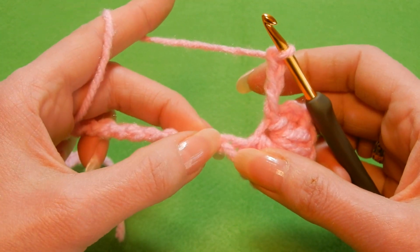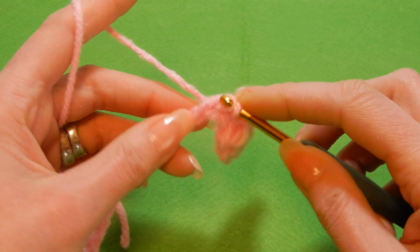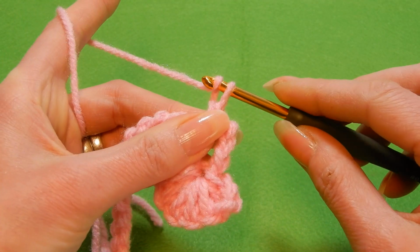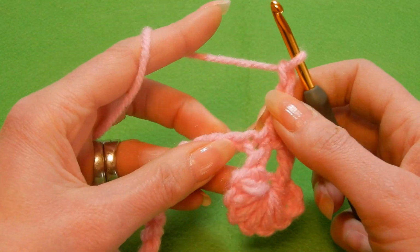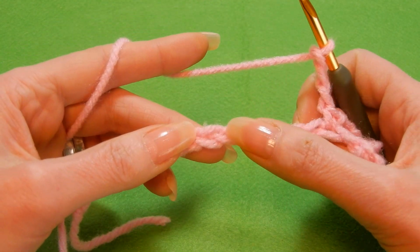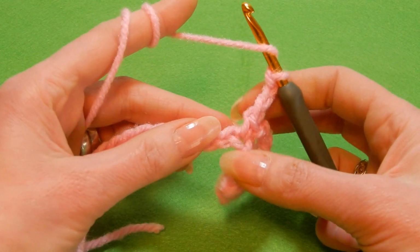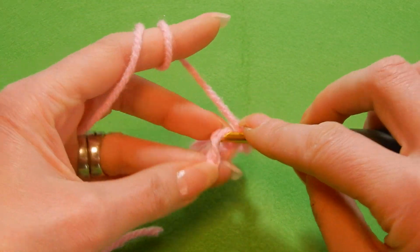Now into the next chain we're gonna do a single crochet. So this is gonna be like this until we finish this row. So again, we're gonna chain 3. Leave this a little bit loose, yeah, the chain. So 1, 2, and 3. And for the next 7 chains, 1, 2, 3, 4, 5, 6, and 7, we're gonna pick up loops in the next 7 chains. So yarn over the hook, you move to the next chain, and you start picking up